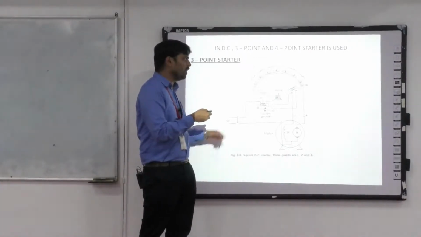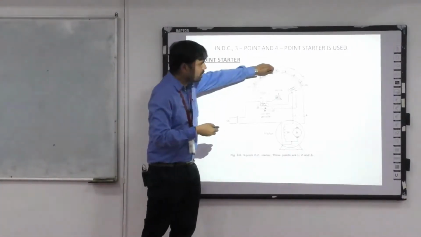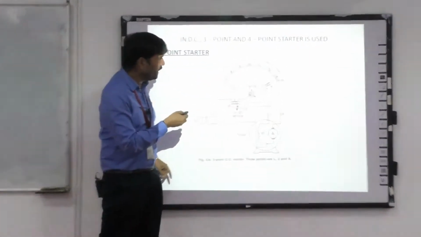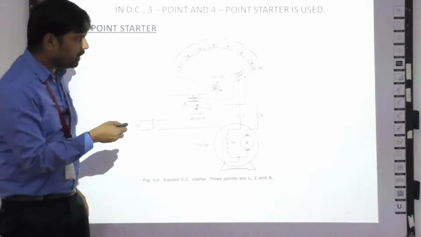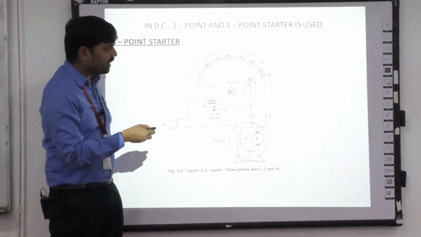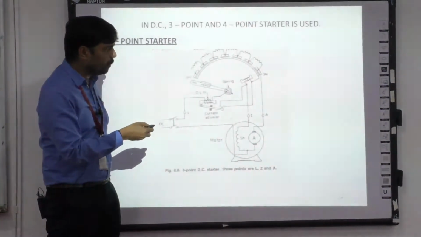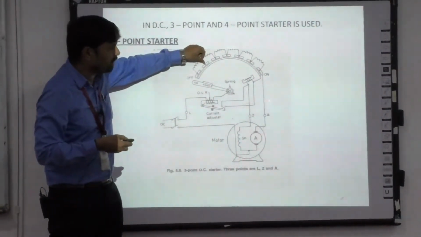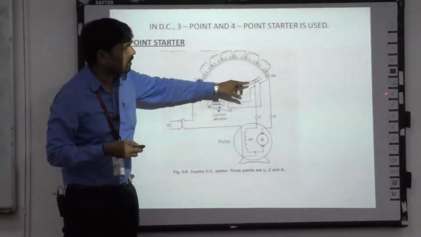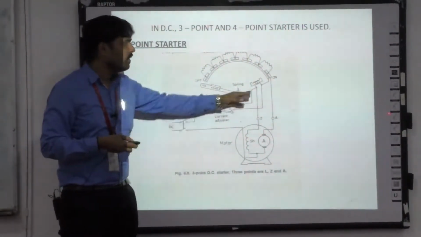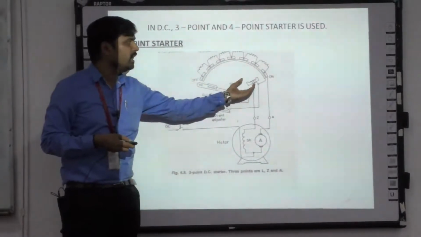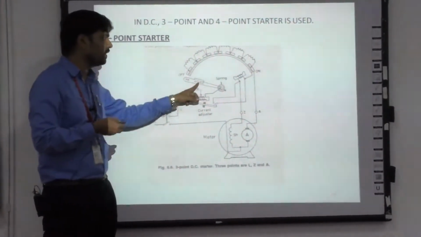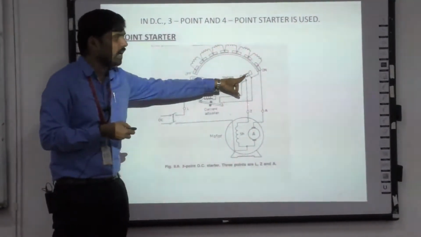When I slowly move this handle, here the soft iron piece will be there, and here also the solenoid will be there. The current is flowing here. When I move from this position to the next, the resistance is cut down, so the current flowing keeps increasing. When the current increases, the electromagnet strength keeps increasing, so the magnetic properties keep increasing. So it is going to attract the soft iron piece here.